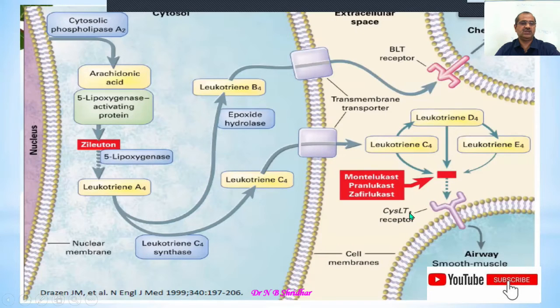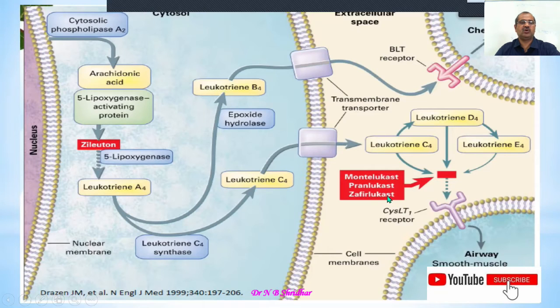So here you can see that the different receptors are present on the different target sites, especially the airway smooth muscles, bronchial smooth muscles, and the different cell membranes. They have got the specific receptors, and the binding of the leukotriene D4 receptor, leukotriene E4 receptor, and C4 receptors is going to act on the airway and cause the action, whereas leukotriene B4 is going to act on the different cells and chemotaxis is going to happen.